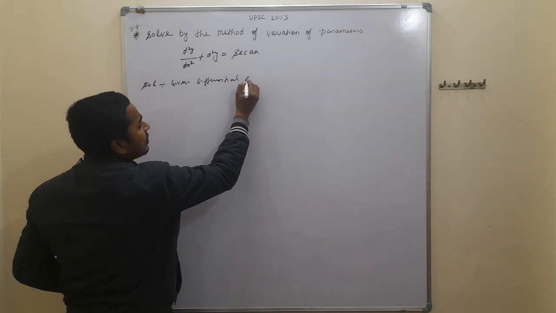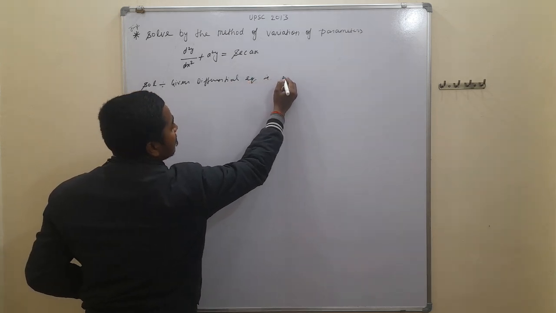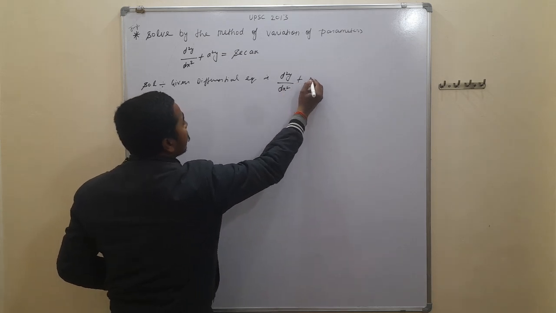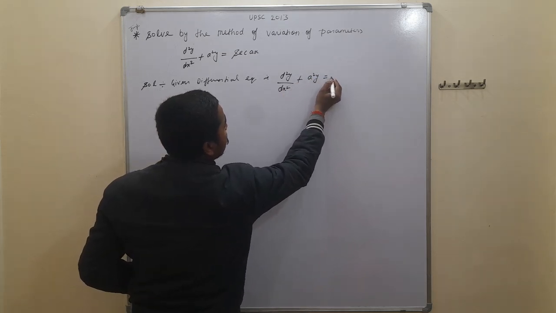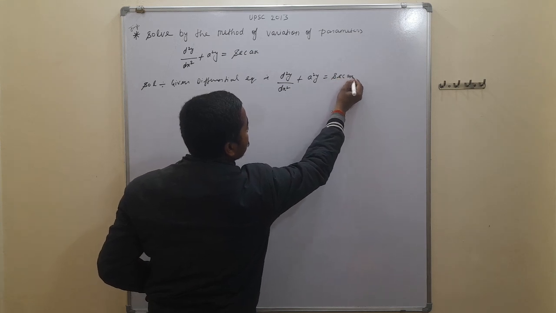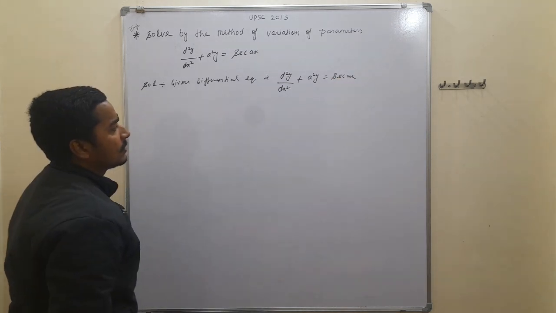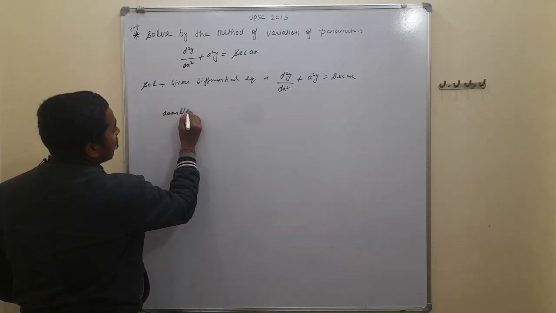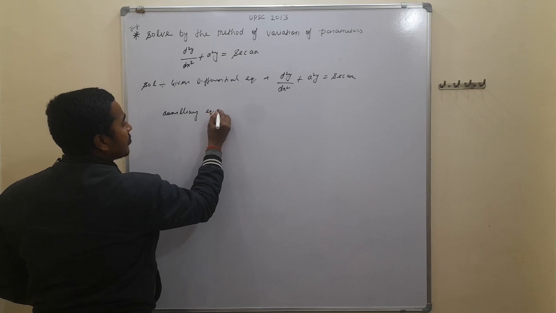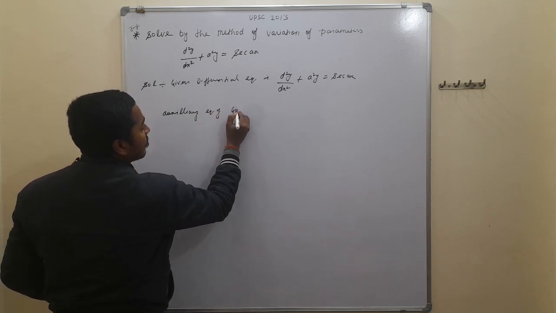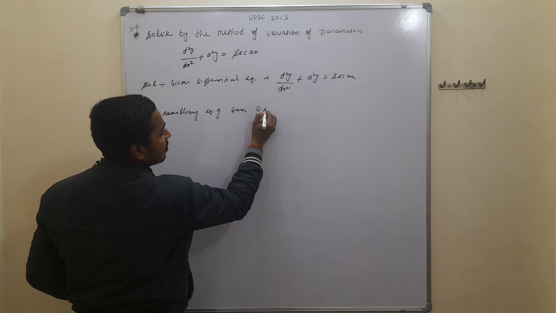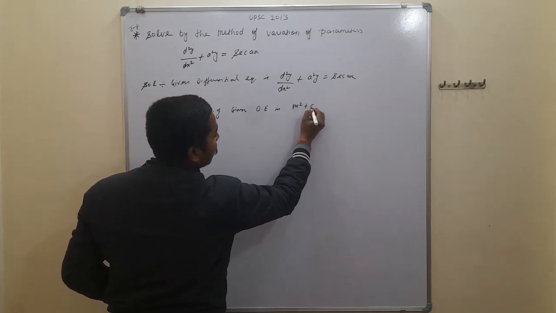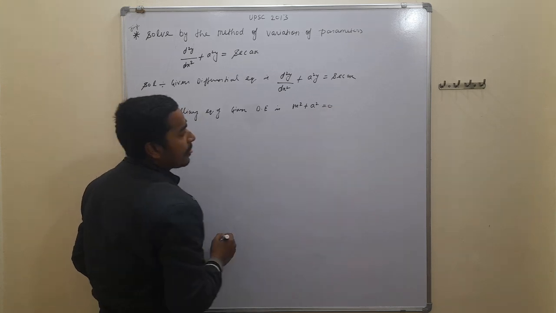The given differential equation is d2y/dx2 + a^2 y = sec ax. We have to write the auxiliary equation of the differential equation. The auxiliary equation of the given differential equation is m^2 + a^2 = 0, and from here